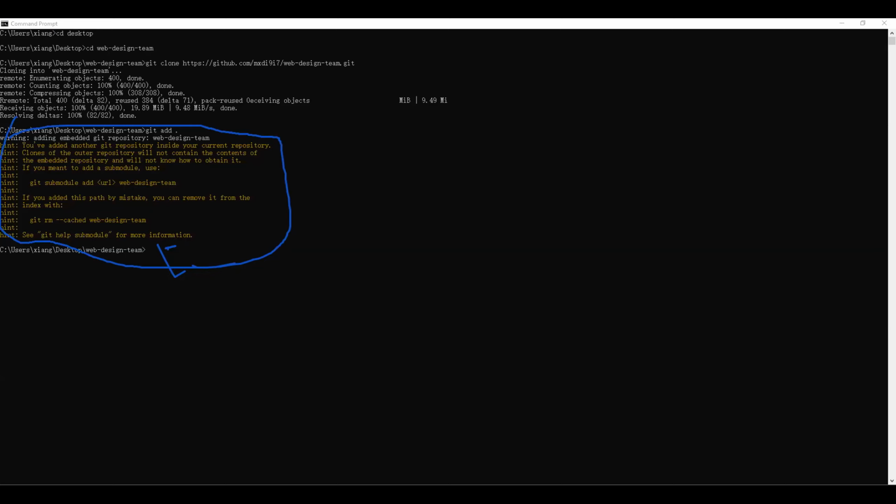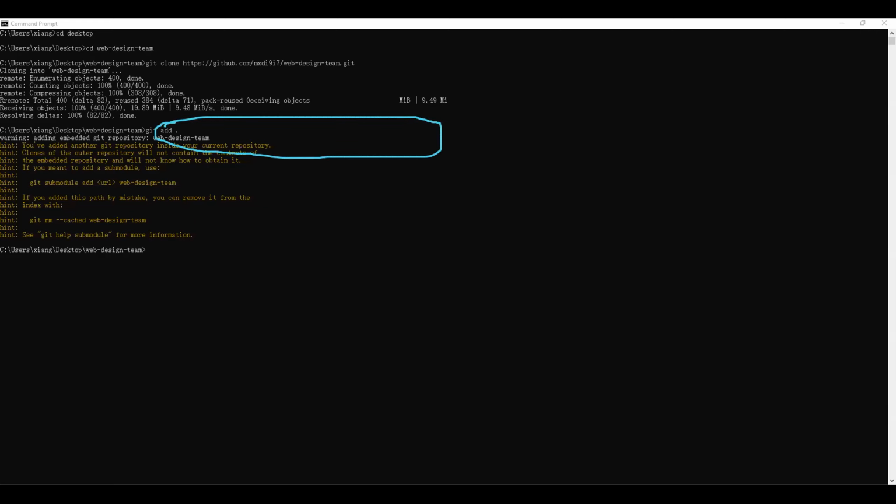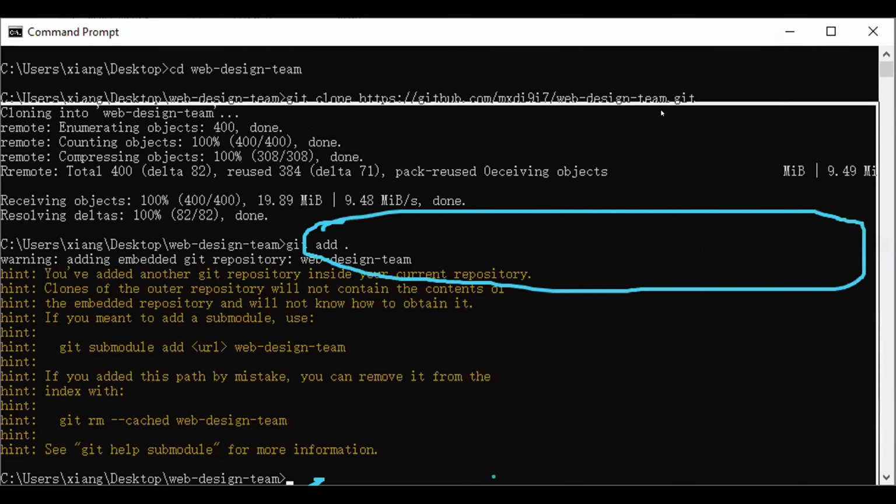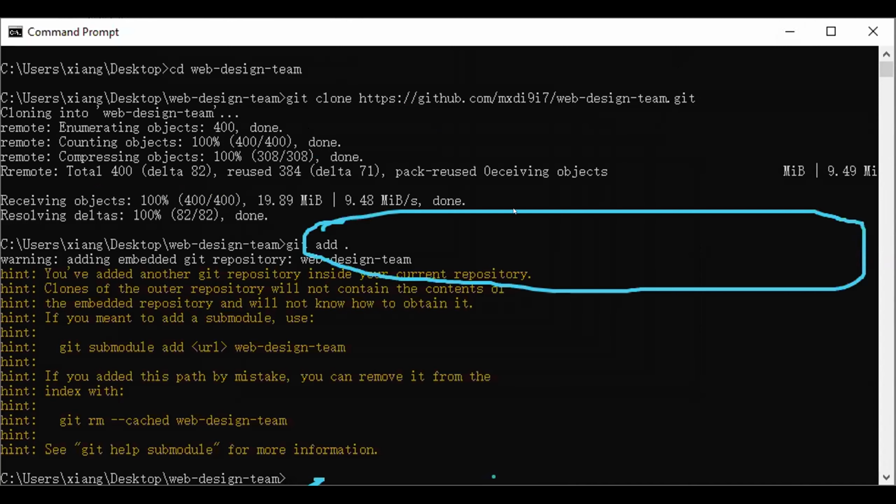Apparently, wait a second. Apparently I added this. It doesn't show up in VS Code. I did my homework, but apparently it doesn't show up in VS Code.